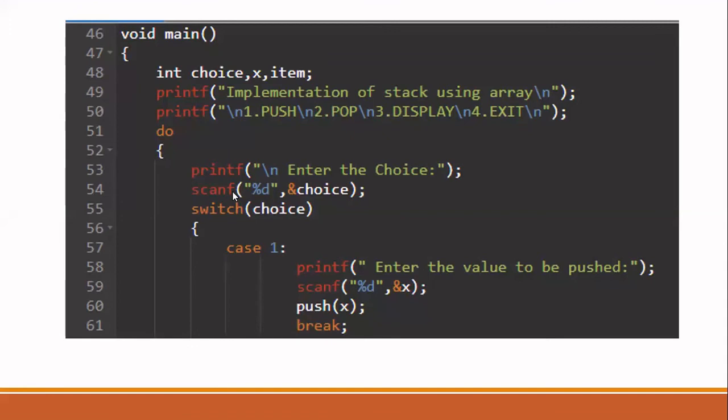So in the while loop, first I have the user enter the choice. I'm storing it in an integer variable, choice. Then I give this to the switch case. Based upon the choice only, we are going to perform the operation. If the case is 1, you have to do push. If the case is 2, pop. Case 3 means display. Case 4 means exit. If the user types any other number other than these, you have to tell the user to type a valid number. So I have written totally 4 cases, then 1 default case.